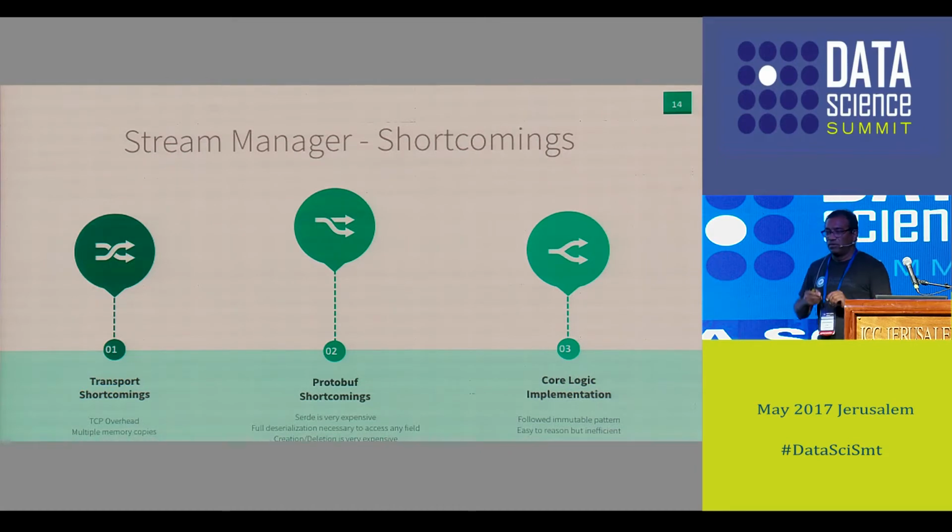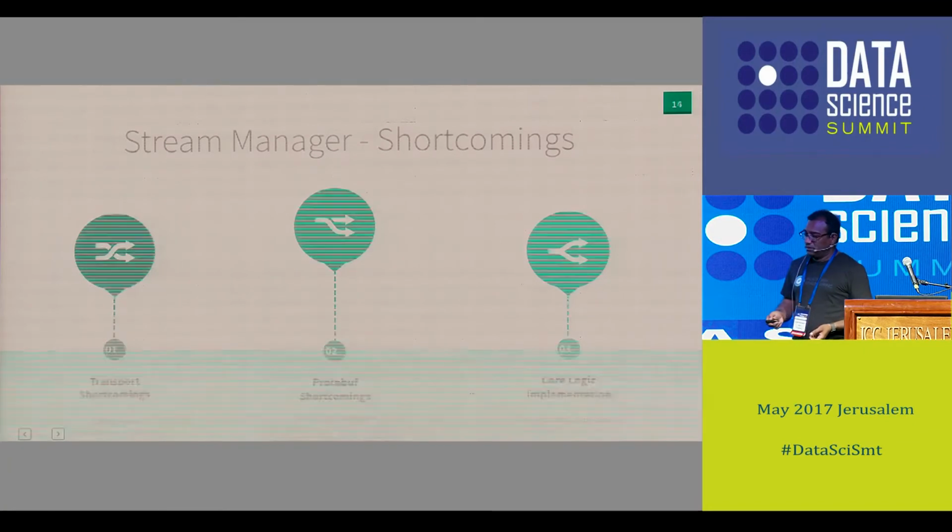We were also doing a lot of new and delete calls. When we get a message, new, put the message, then deliver the message, then delete the message. So there were constant new and delete calls. Finally, it follows an immutable pattern, which is that once a protobuf is formed, you cannot change it. It's easy to reason about, but highly inefficient.